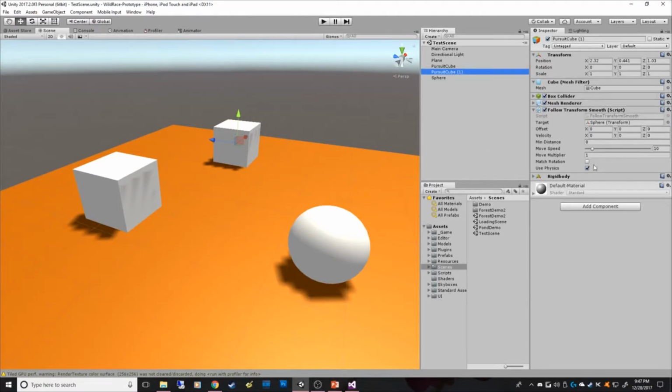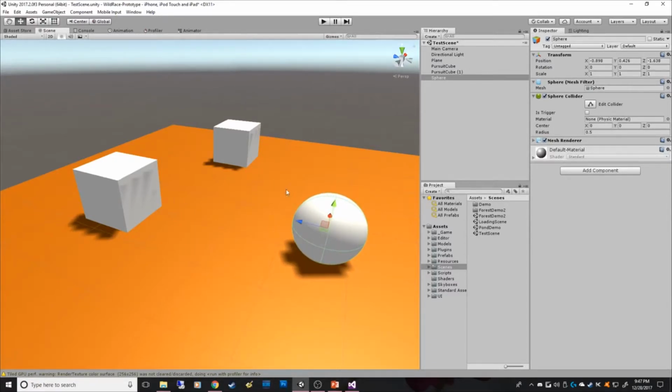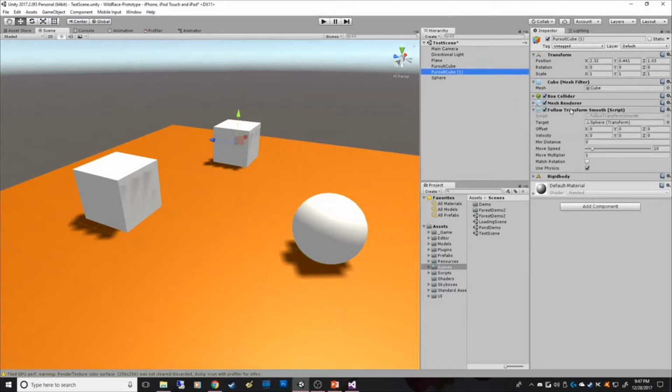This was the traditional way that you would say, I want these objects to follow a position in the scene within some other game object. That's really all this script does: you take the target object and you drop it into the script